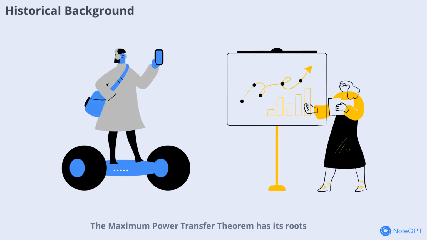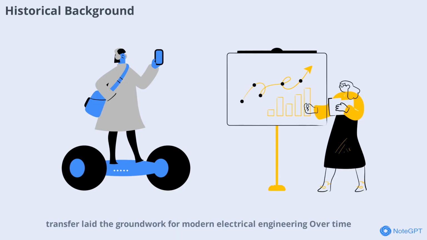Maximum power transfer theorem has its roots in the work of 19th-century scientists and engineers, including Moritz von Jacobi and James Clerk Maxwell. Their research into electrical circuits and energy transfer laid the groundwork for modern electrical engineering. Over time, the theorem has become a standard tool in circuit analysis and design, helping generations of engineers build more